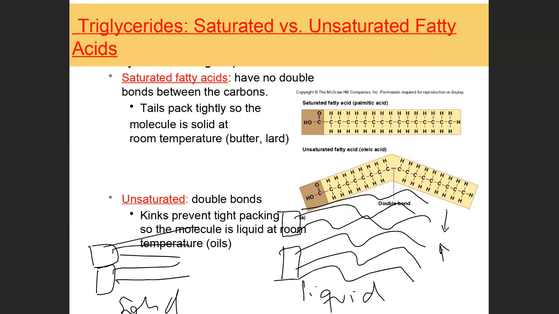So now you go back and say, okay, where do we find lipids in the cell? We find them in cell membranes. We find them in cell walls. What is the consistency of those cell membranes and cell walls? Is it liquid? Is it solid? And does it have unsaturated or saturated fatty acids? If it has unsaturated, then it's going to be liquid. If it has saturated, it's going to be solid.